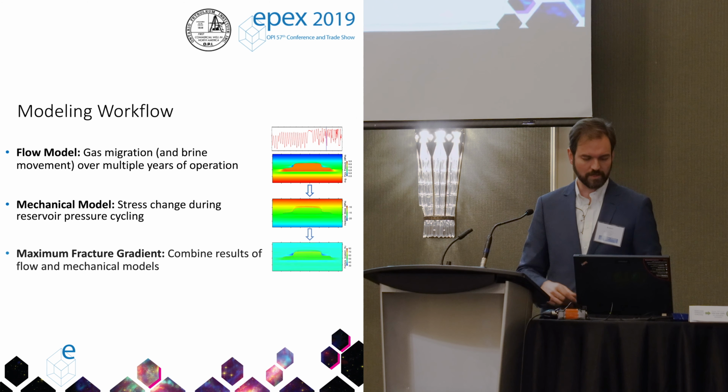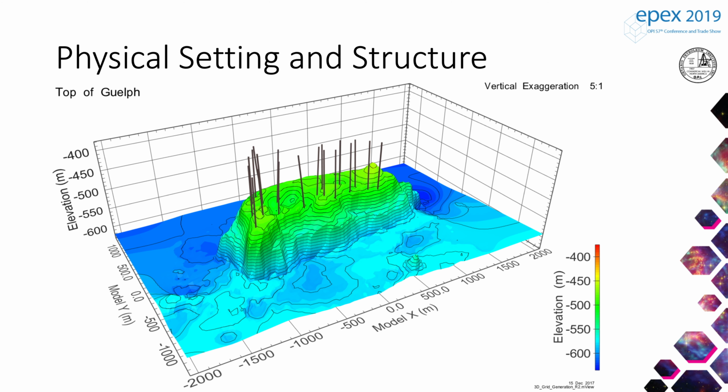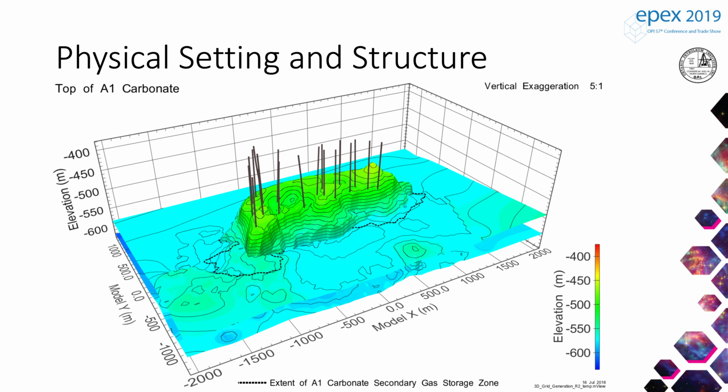So this is the reservoir we've chosen for our example here. It's a cross-section through the reservoir. You can see a pinnacle reef formation in the center, and there are the A2 anhydrite, which I talked about before, and A2 shale, A2 carbonate cap rocks above the pool. This is the same pool, now a little bit of 3D, just a nice pretty picture for everybody. This is the A1 carbonate, top of the A1 carbonate.